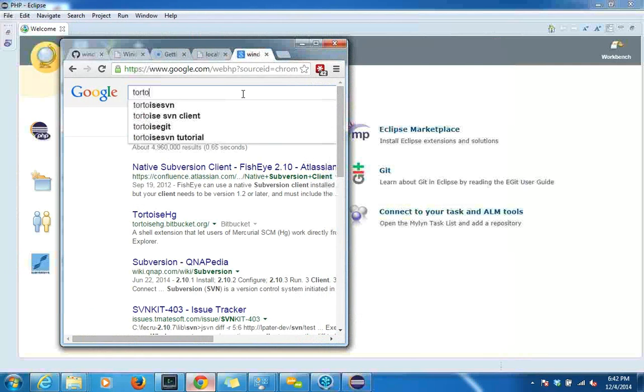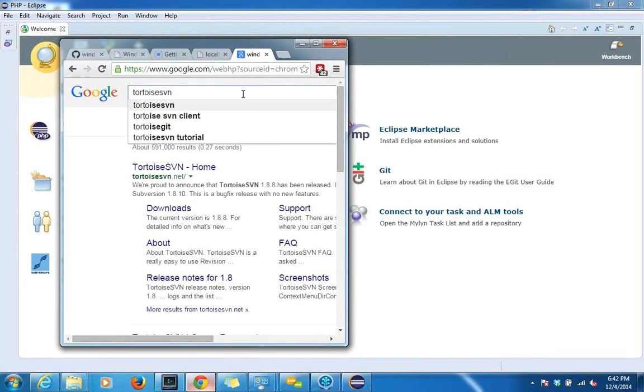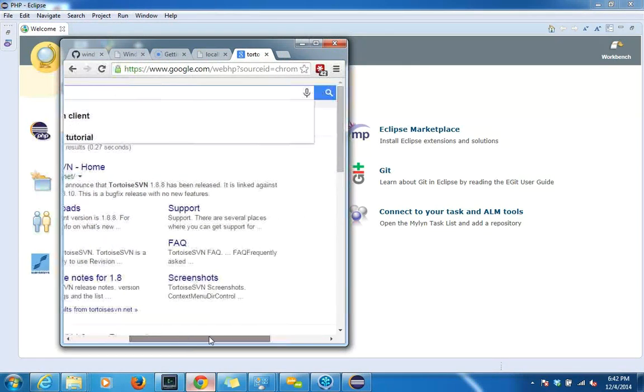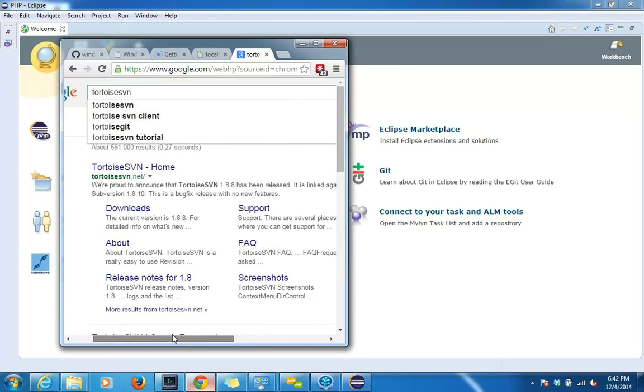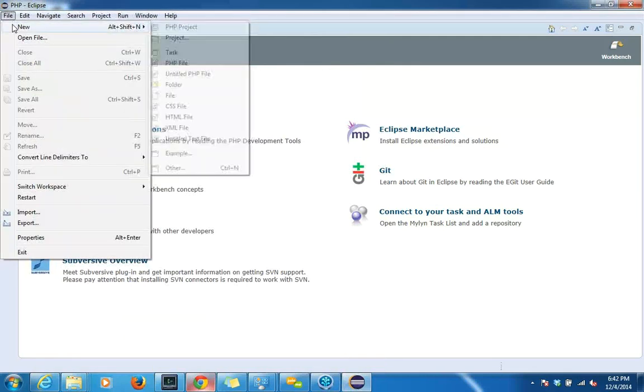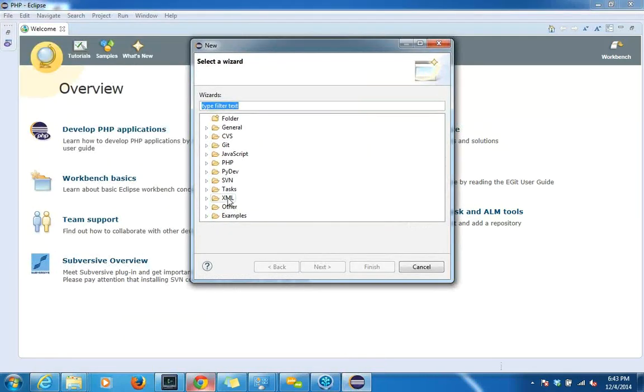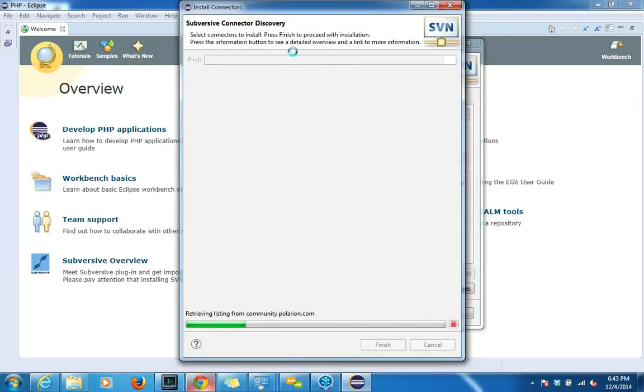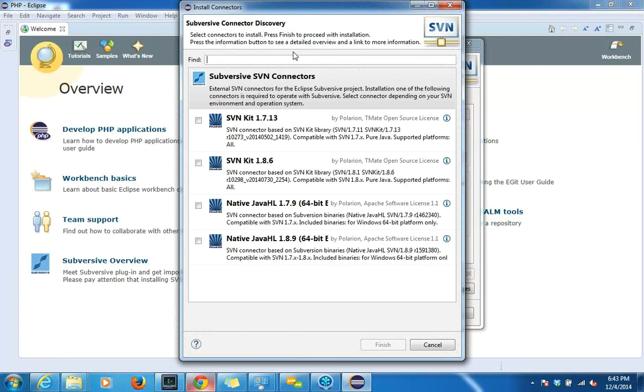In fact, there's a really nice client called TortoiseSVN, and the problem is it links against Subversion 1.8.0, and we installed Subversion 2 point something. So I'm not sure if it's going to work at all. But let's try this. File New Other, and we're going to say SVN. So you see, I have SVN here. Project from SVN. So my location, yes, this is exactly what I needed. SVNKit 1.8. And